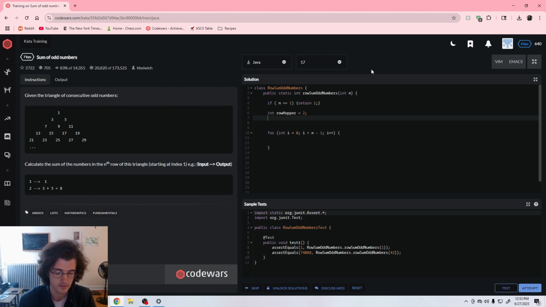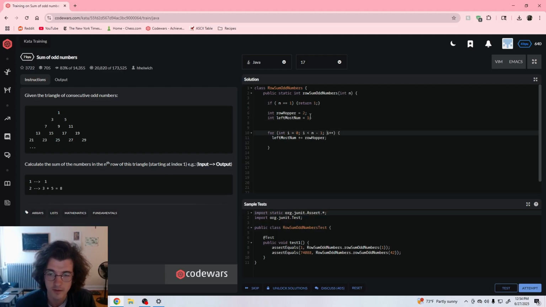Okay, we want int leftmost num, do not need to declare it, so leftmost num, it should be 1, and then leftmost num is going to be plus equals row hopper, which is 2 initially,